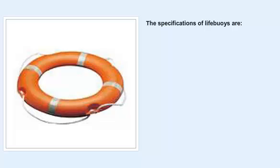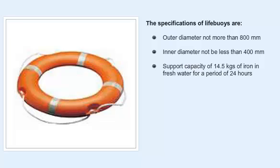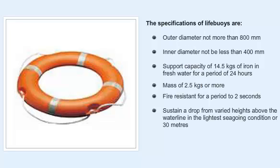The specifications of lifebuoys are: outer diameter not more than 800 millimeters, inner diameter not less than 400 millimeters, support capacity of 14.5 kg of iron in fresh water for a period of 24 hours, mass of 2.5 kg or more, fire resistant for a period of 2 seconds, sustain a drop from varied heights above the waterline in the lightest seagoing condition or 30 meters, grab line of length not less than 4 times the outer diameter of the